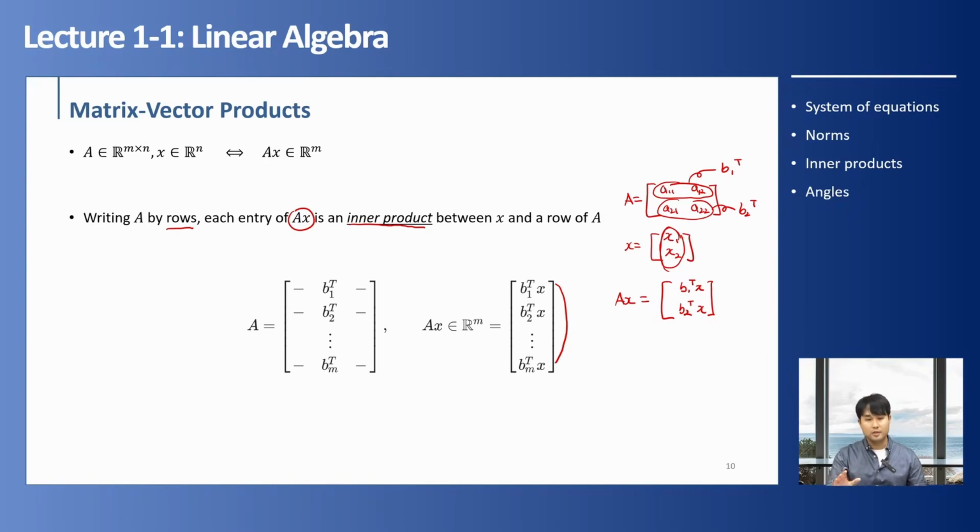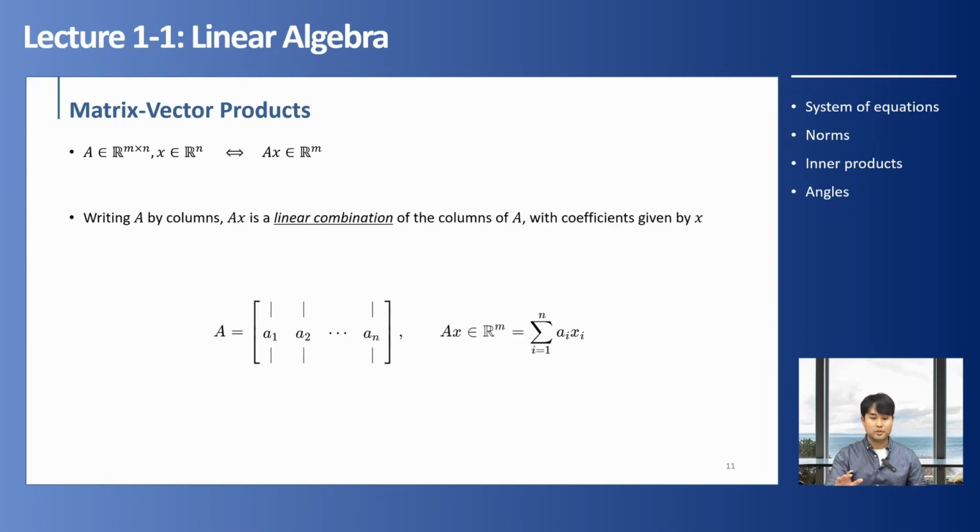The second way to write out our matrix was to represent it by columns. And by doing so, Ax becomes a linear combination of the individual columns of A with the weights given by x. So again, if we take the same matrix, for example,